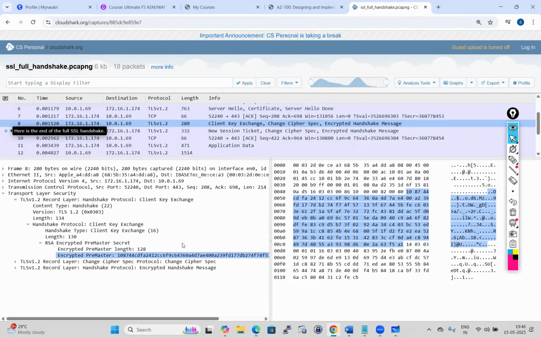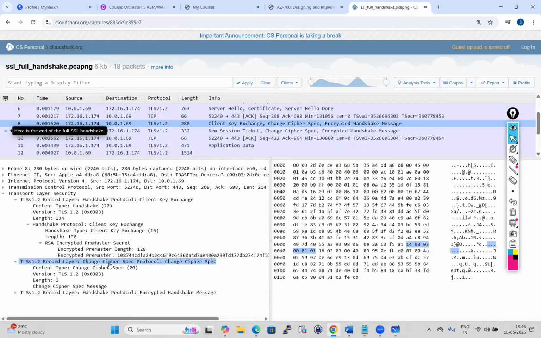ओनली पब्लिक की शेयर हुआ था। ओके, उसके बाद में गाइस क्या होता है, आपसे इंटरव्यू में बहुत वाइडली पूछा जाता है कि व्हाट इज चेंज साइफर स्पेक प्रोटोकॉल्स, ये एसएसएल हैंडशेक के पहले आता है या बाद में आता है। ओके, ये वेरी वेरी इंपॉर्टेंट क्वेश्चन है, एंड एनी वन कैन आस्क इन द इंटरव्यू। तो जब भी ऐसा क्वेश्चन आता है, वी कैन टेल लाइक चेंज साइफर स्पेक प्रोटोकॉल्स कम आफ्टर एसएसएल हैंडशेक।